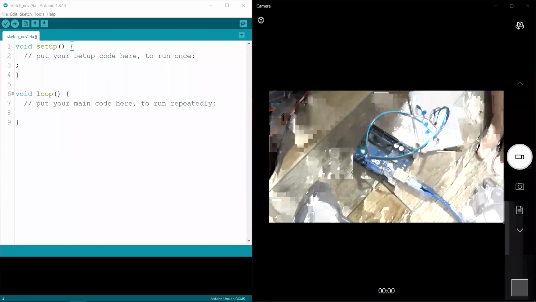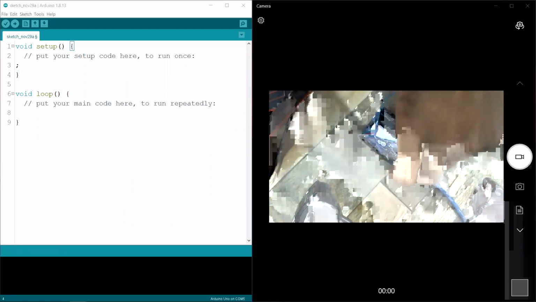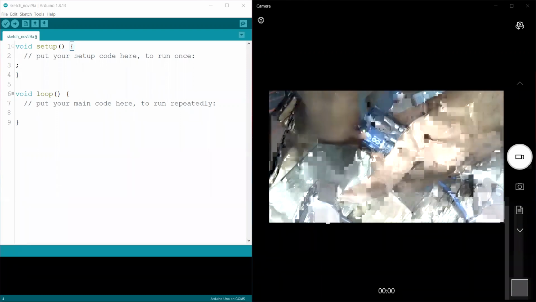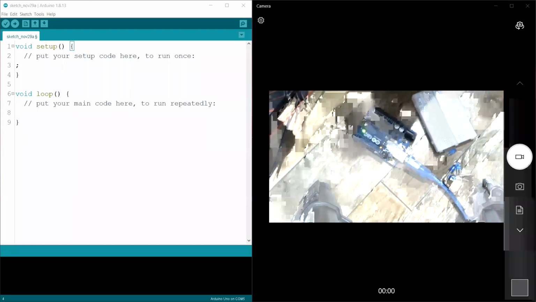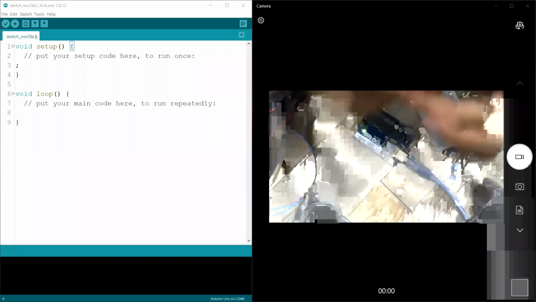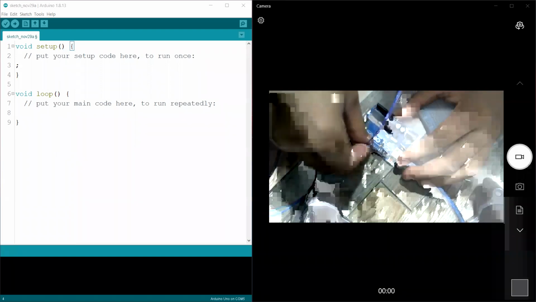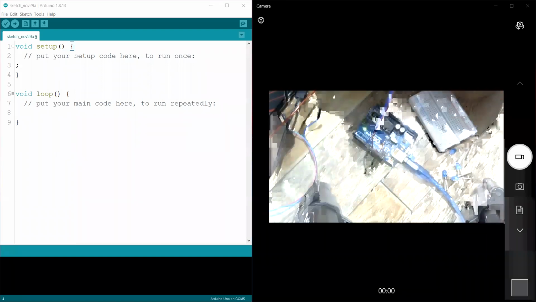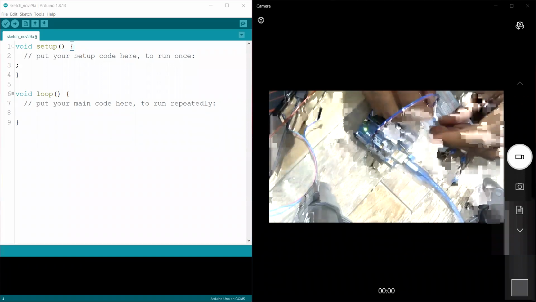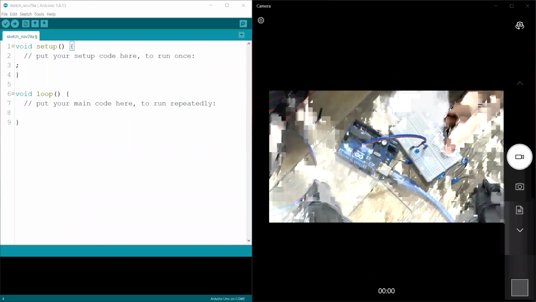Now this is the setup from last week. I am going to remove these LEDs and take only two. I'm going to plug one end into the ground and the other into ninth pin. Ninth pin because I'm going to explain that later. So there we are. Ninth pin, right?